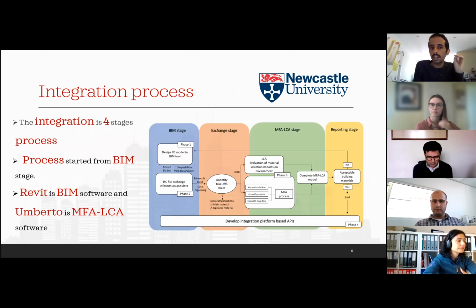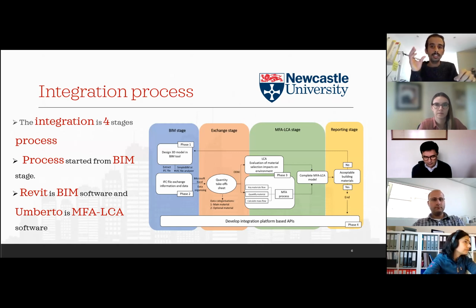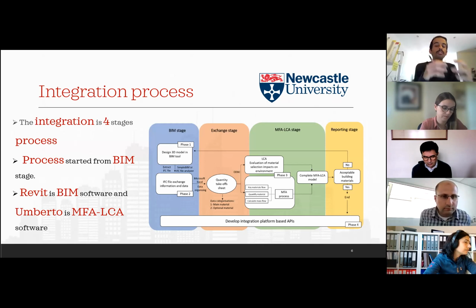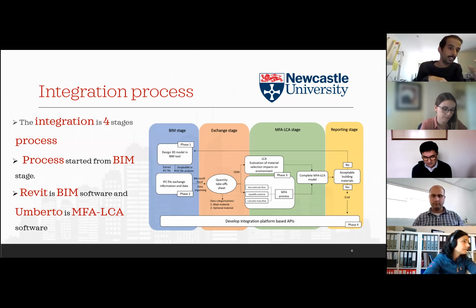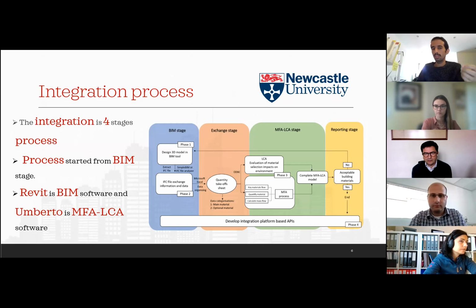Here we came up with the integration of a platform that can help designers and architects specify environmental materials at the design stage. We believe that controlling the materials, or the impact, at the design stage will be much better than controlling the environmental impact at a later stage of the building project. The integration has 4 different stages, which start with the BIM stage, as we use Revit as the BIM